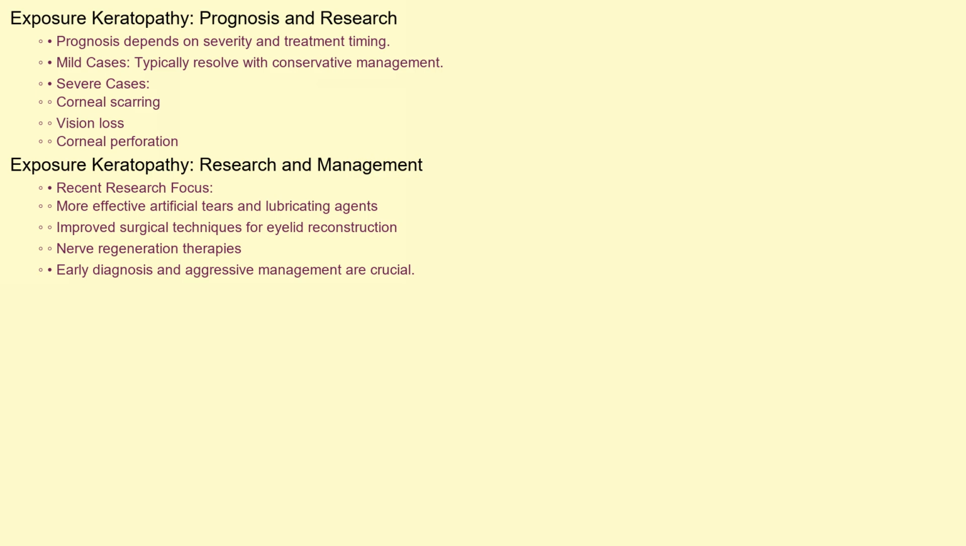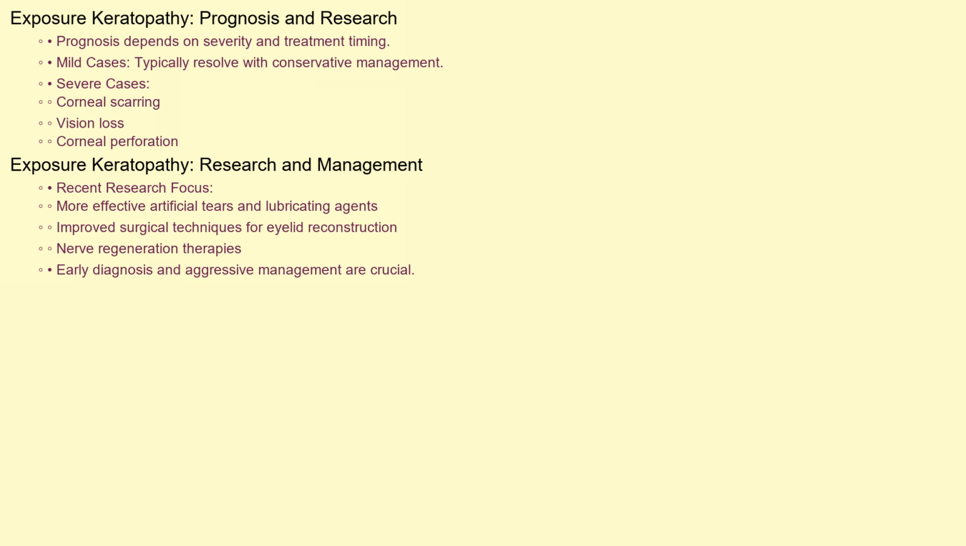The prognosis for exposure keratopathy depends on the severity of the condition and the timeliness of treatment. Mild cases typically resolve with conservative management, but more severe cases can lead to corneal scarring, vision loss, and even corneal perforation. Recent research focuses on developing more effective artificial tears and lubricating agents, as well as improved surgical techniques